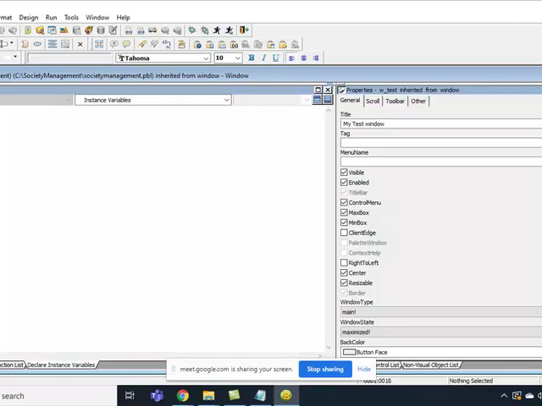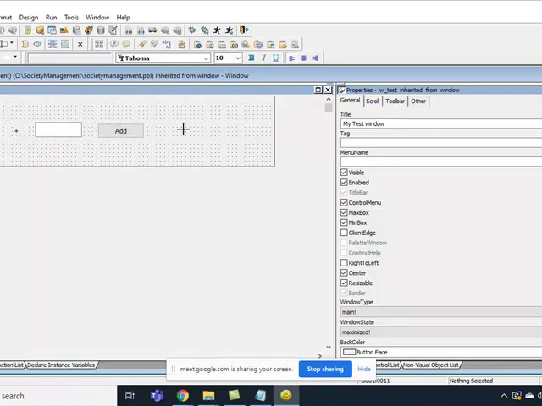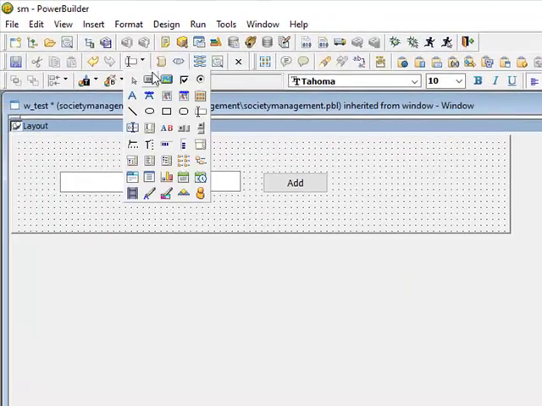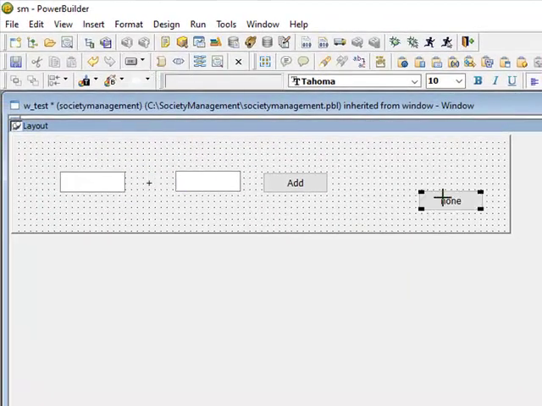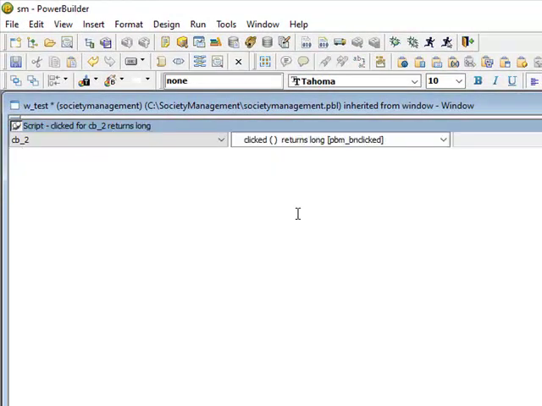And then what I'm going to do is add one more button, and in its script, let's say this equals this plus 1.